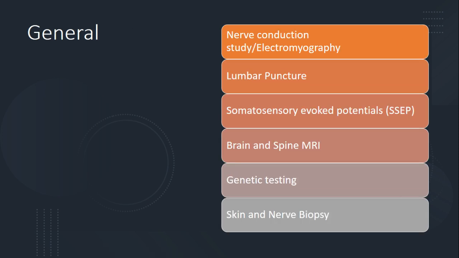In general, in these patients, I tend to do a nerve conduction study to see the extent of neuropathy, or whether it is predominantly large fiber neuropathy. But many times with large fiber neuropathy, there is small fiber involvement. So it's good to have a baseline idea of the extent of neuropathy. Lumbar puncture can be done in patients where there is concern for autoimmune disorder, also in patients with paraneoplastic or neoplastic disorder for the assessment of infiltration of the nerve roots.